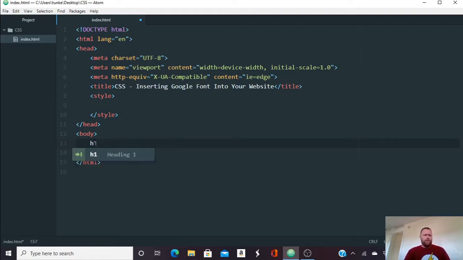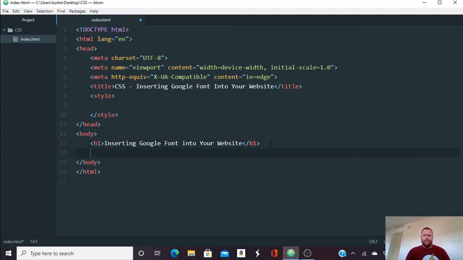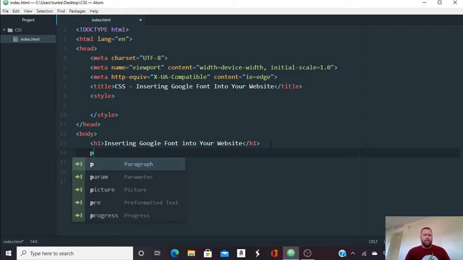So let's start with the opening heading. We'll call this Inserting Google Font into Your Website. Okay, and then I'll create a paragraph. I have the Emmet plugin, so I can just hit P and tab, and that gives me an opening and closing